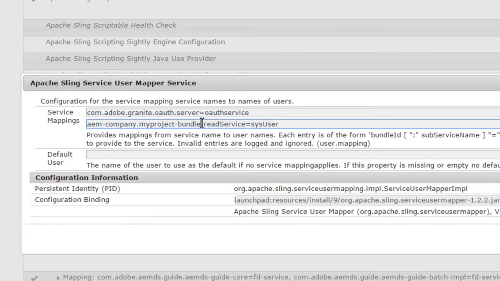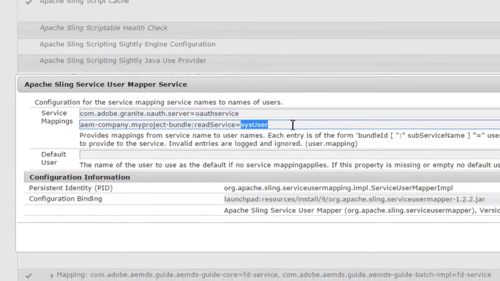The first part represents the bundle from which we are accessing the service. The second part is the subservice name that we used in the method read service. And the third part, system user, is a system user that we are going to create.